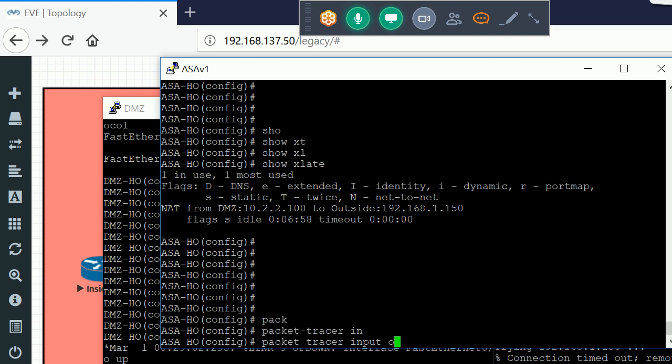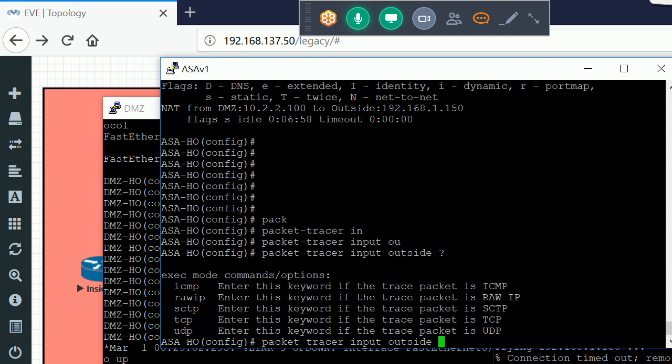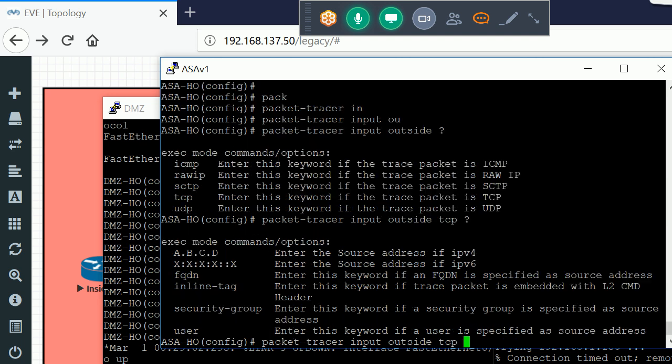Let me show you one command, input outside. This is the command which we use for troubleshooting the issues. The command name is packet tracer. Input outside. After that we can define the port number, which is TCP. Enter the source address.